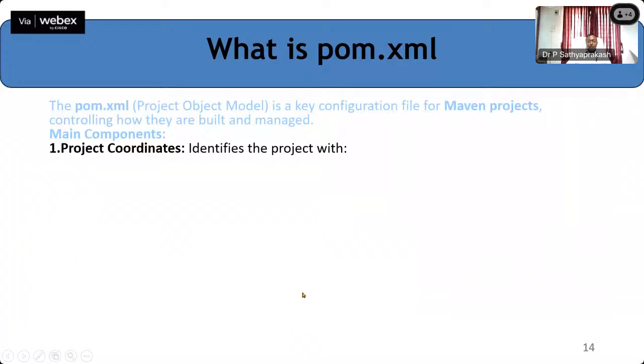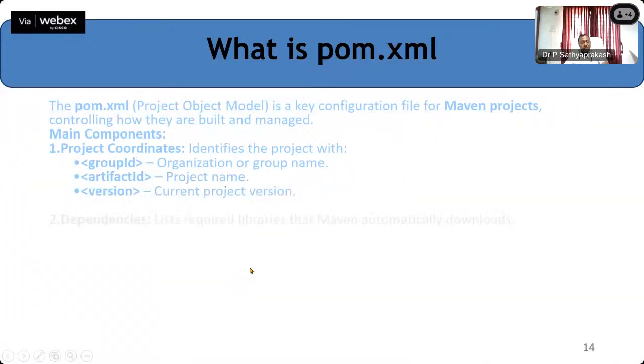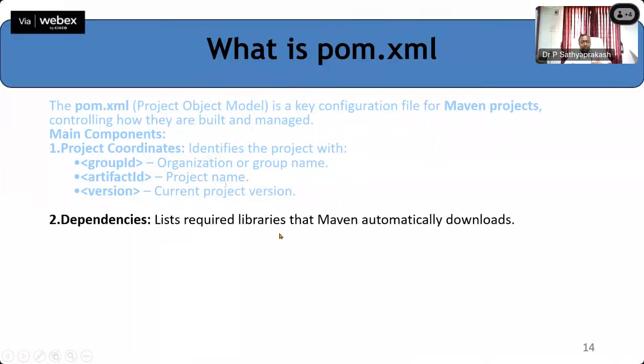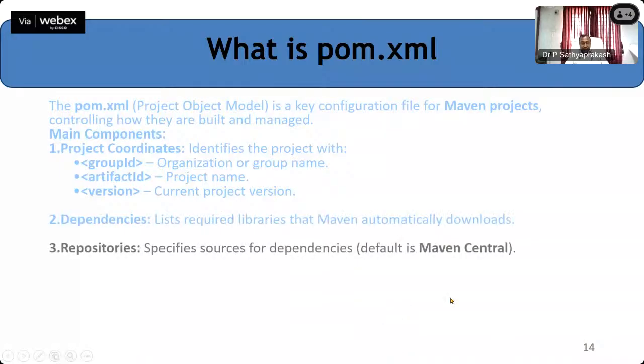So we need to work on two things. One is dependency. So start tag for dependency and end tag for dependency. Then I was telling about plugins. In order to define plugins, start tag of plugin and end tag of plugin. In between the start and end tag of dependencies, we need to configure dependencies. So this artifact ID will bring what are all the dependencies required for the artifact ID, that will be automatically downloaded by the Maven repository